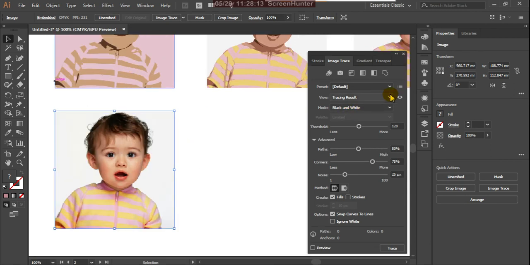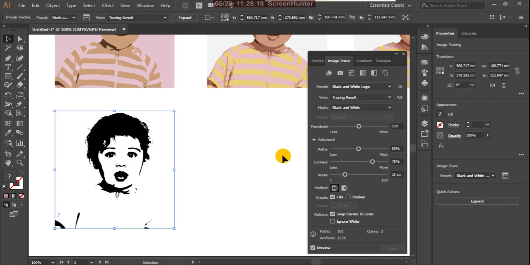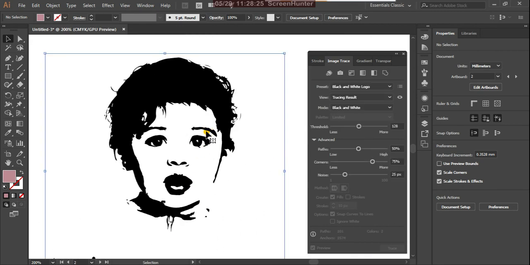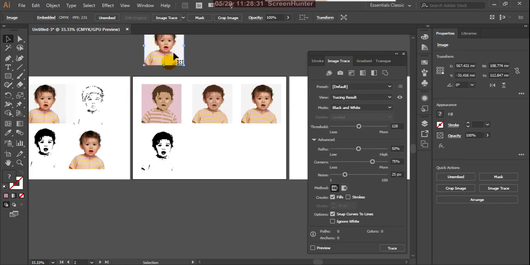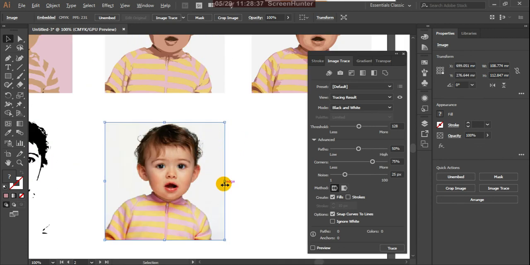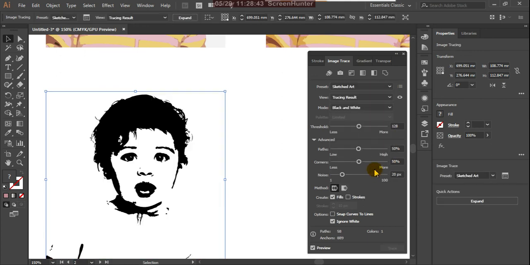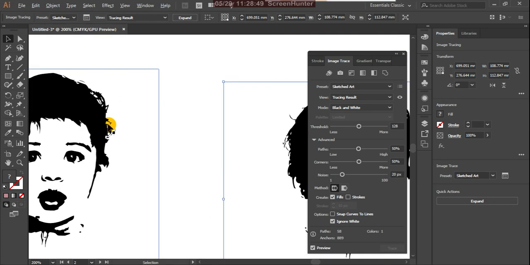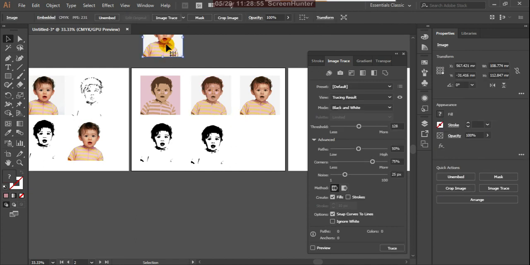Yes, and here use this black and white logo type. Suppose you are using this as a black and white logo, so perfect, very nicely we can convert this into a black and white logo. This is nice. And again take this, yes, and again you can use here the sketch dot. Yes, this is the sketching. Okay, it looks like your sketch, because they all look the same, but that is different.